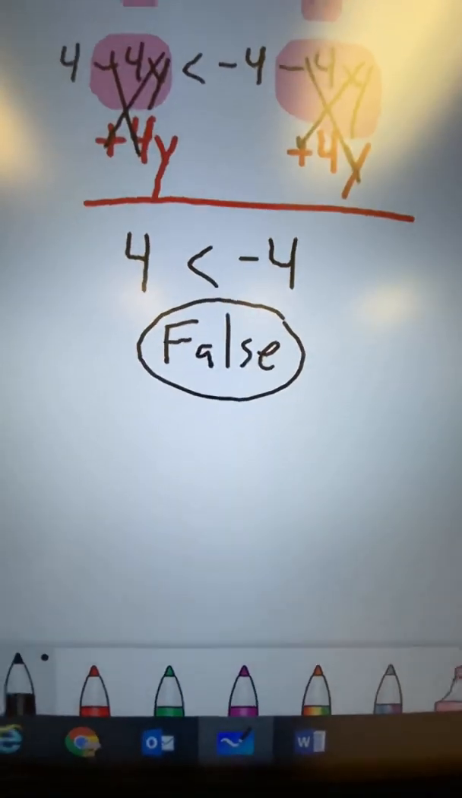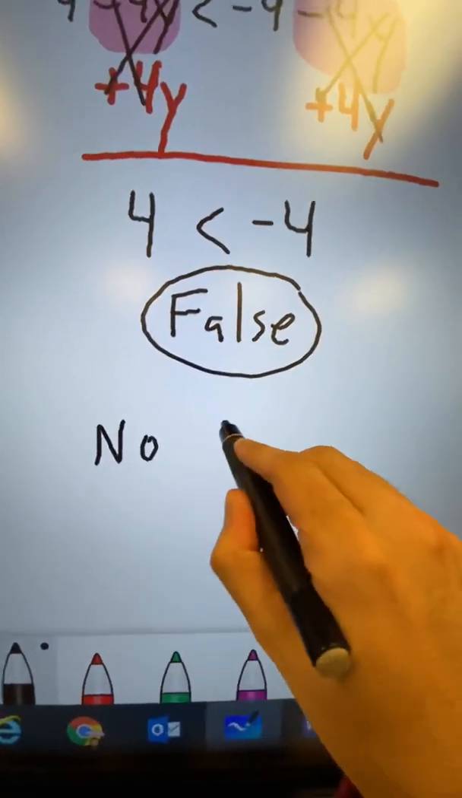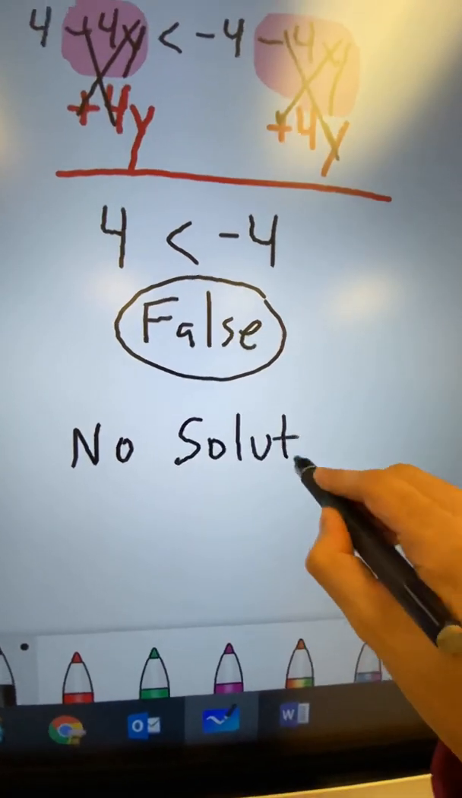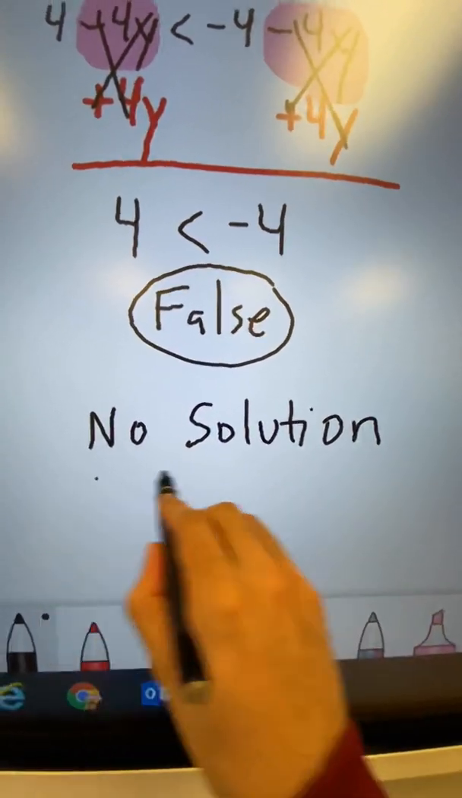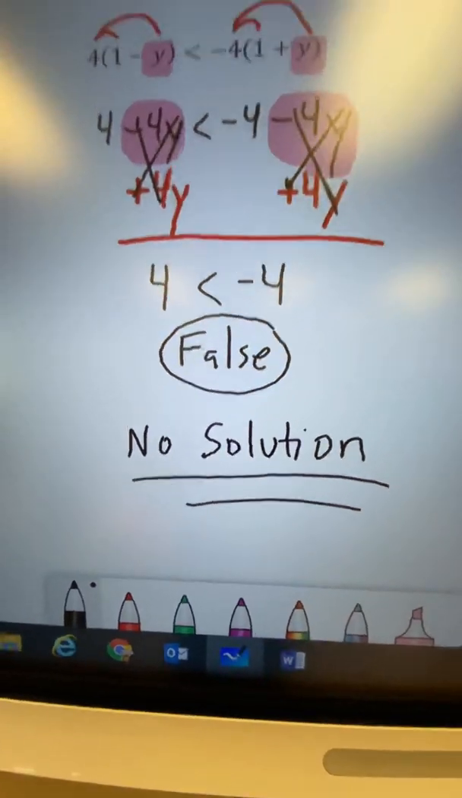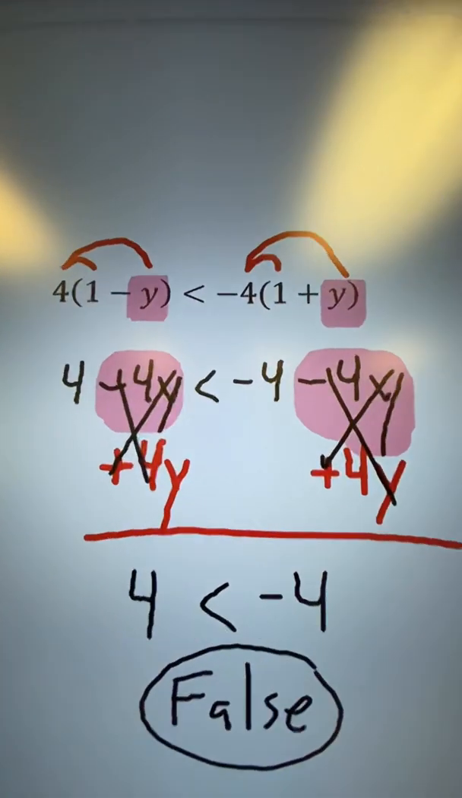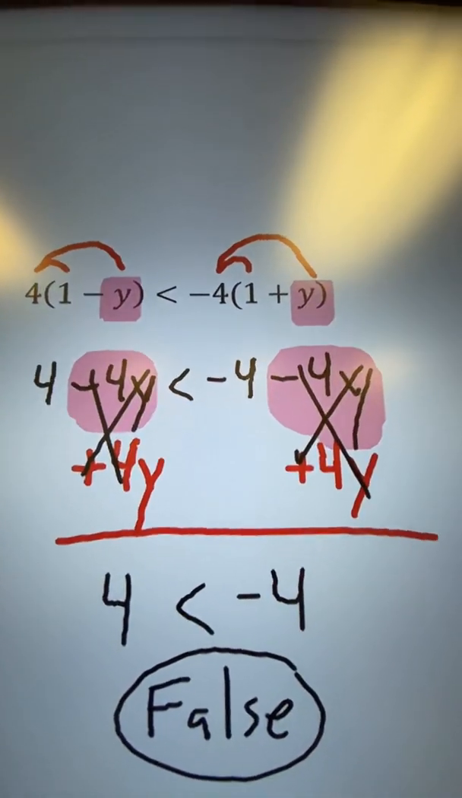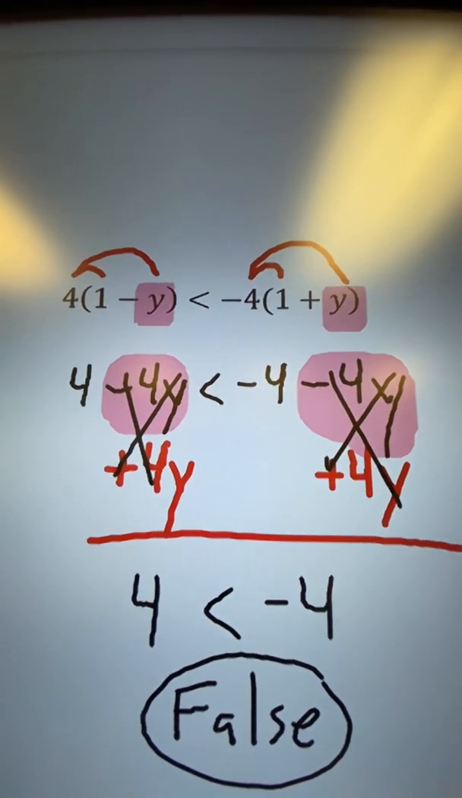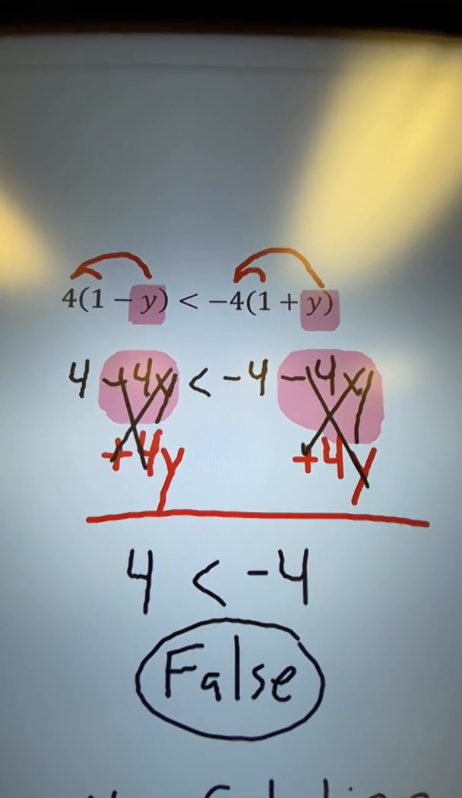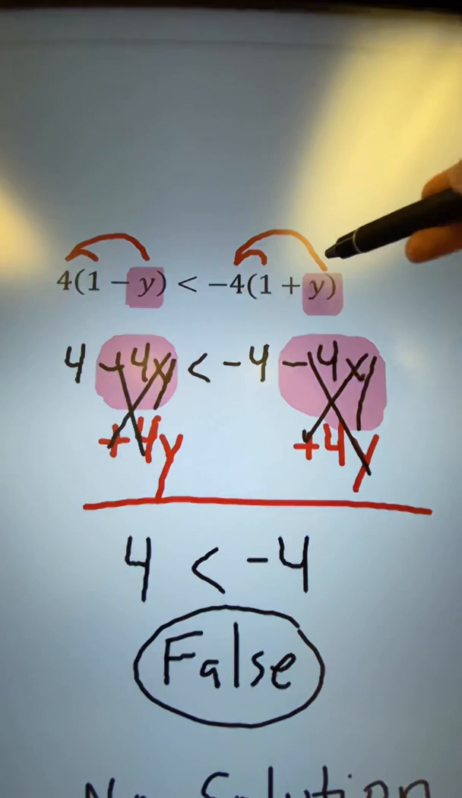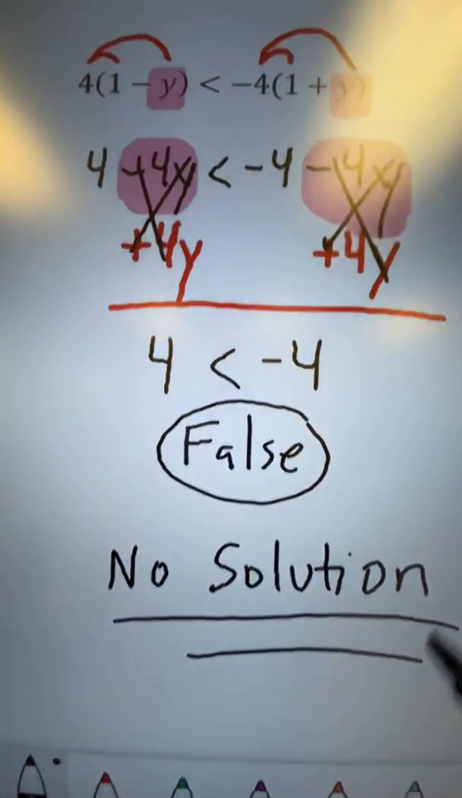So if you get a false statement, it simply means this. No solution. It means you cannot find a number that's going to make this inequality true. No matter what number you pick. You could go through every single number that exists. It'll never be true that this side will be less than this side,